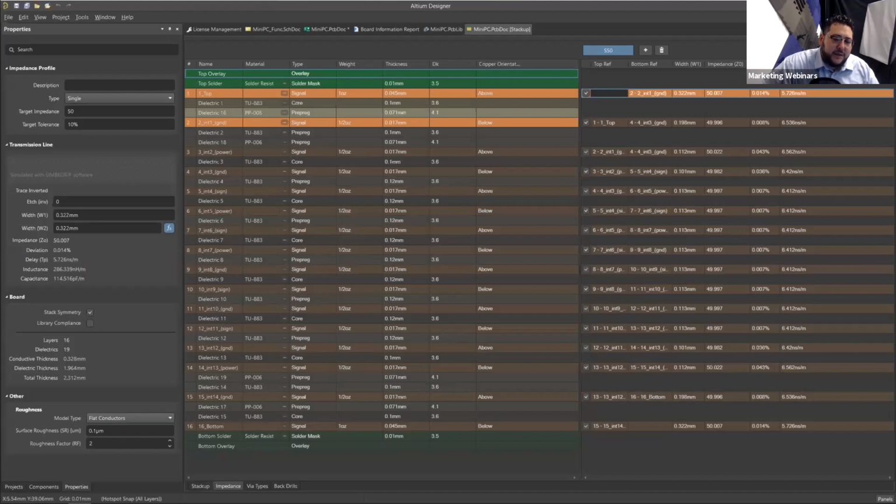We are in the impedance profile section. Okay. Once you're in the impedance profile section, you are able to define an impedance profile and define right here the different references between the different layers. And you can see here I have different materials in between the layers. So if I actually click on the top layer,